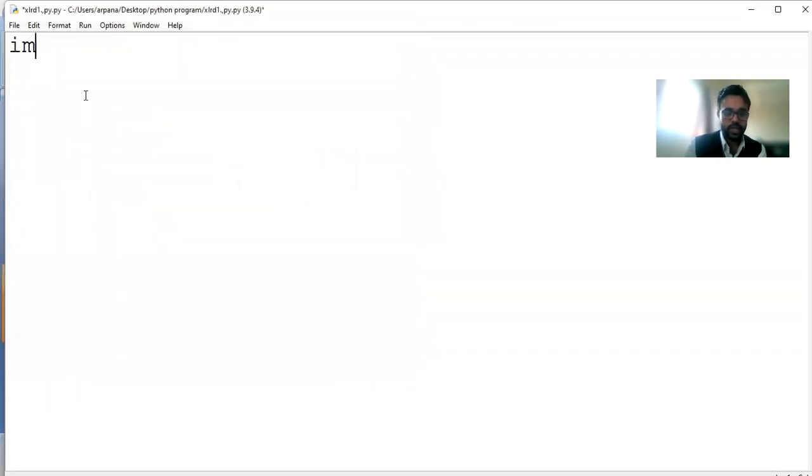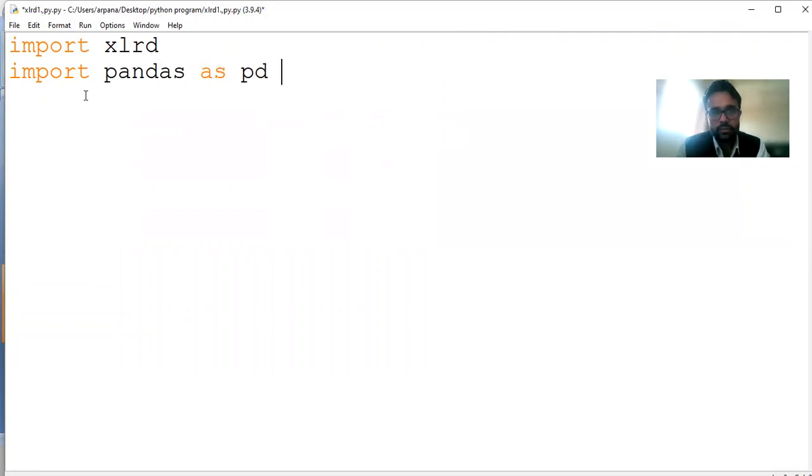Now, first I will import the xlrd package. xlrd is simply a basic package for Excel by which we can read the Excel file which is given in the path. Now I will import pandas as pd, where pd is the alias of that package. Now I have given path is equal to